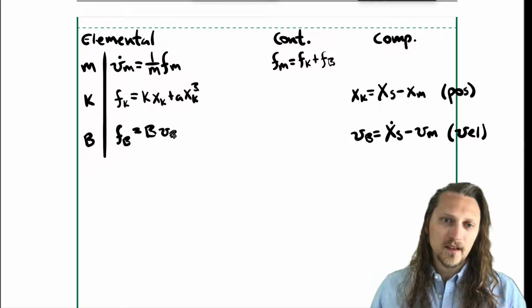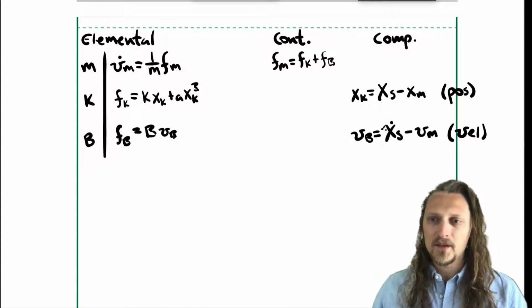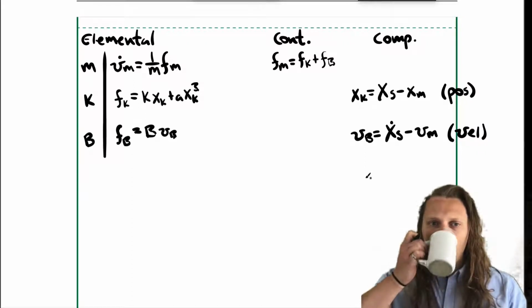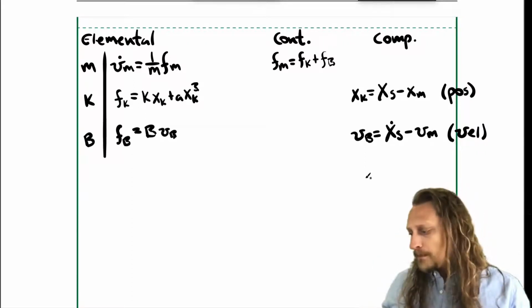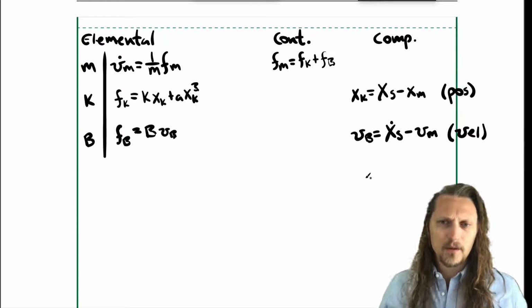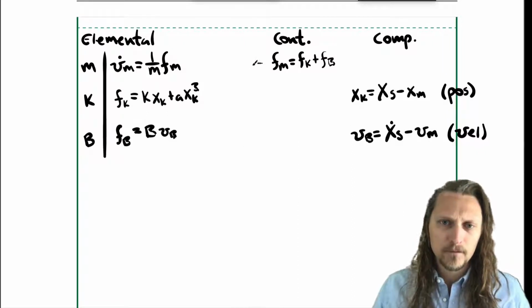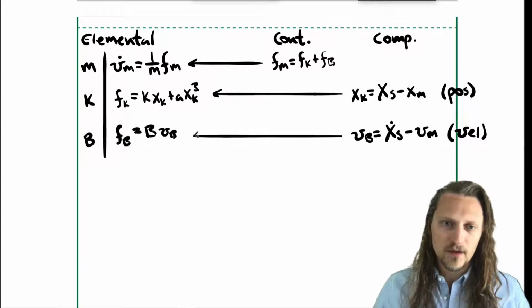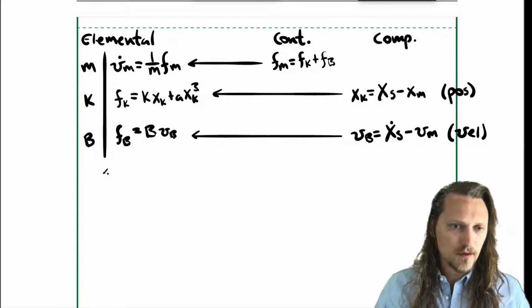For velocity, this one needed to be in velocity, so we wrote it in velocity. Okay. So now we'll do our usual thing where we substitute these continuity and compatibility equations into the elemental equations, and we get